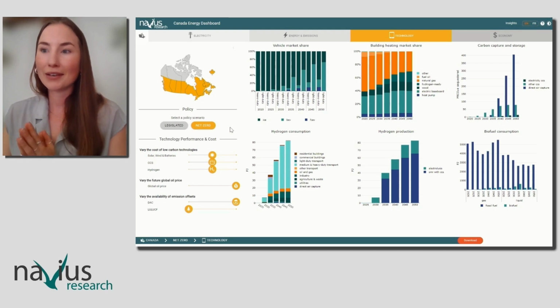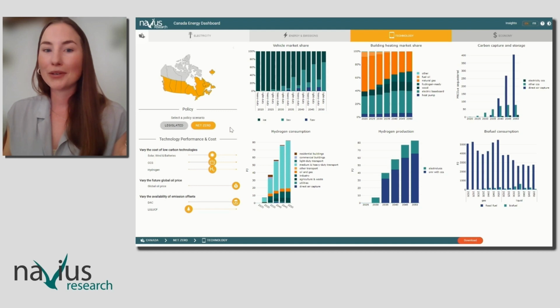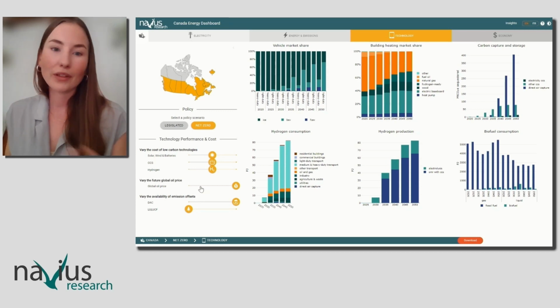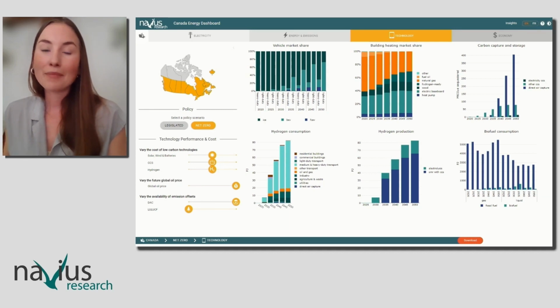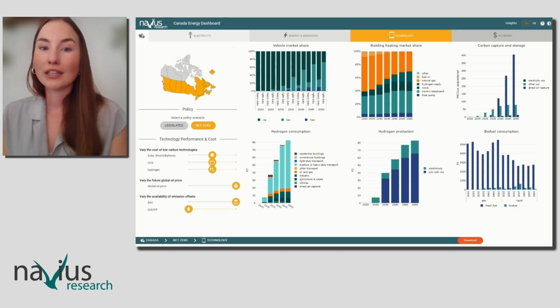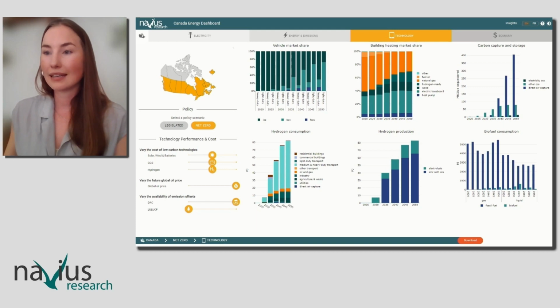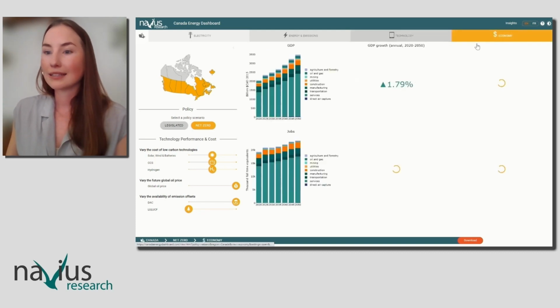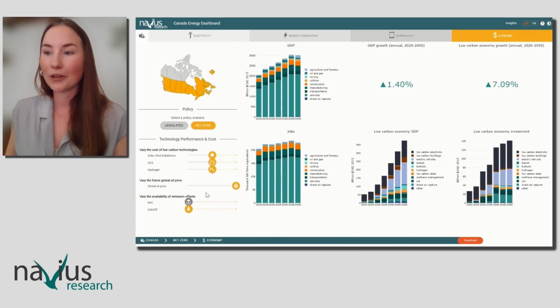We don't represent the rest of the world in the model, but you can think of the exogenous global oil price forecast as a proxy for climate action globally. If the oil price remains high, and if it's low, there's less demand for Canadian oil because the rest of the world is moving away from fossil fuels. And how much of the economic impact relies on what happens outside of Canada is a really good point. We do find that economic impacts of net zero are sensitive to the global oil price,